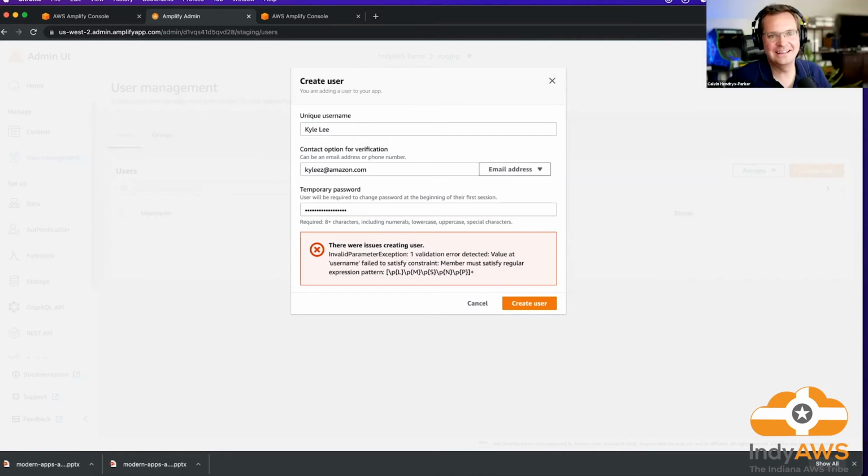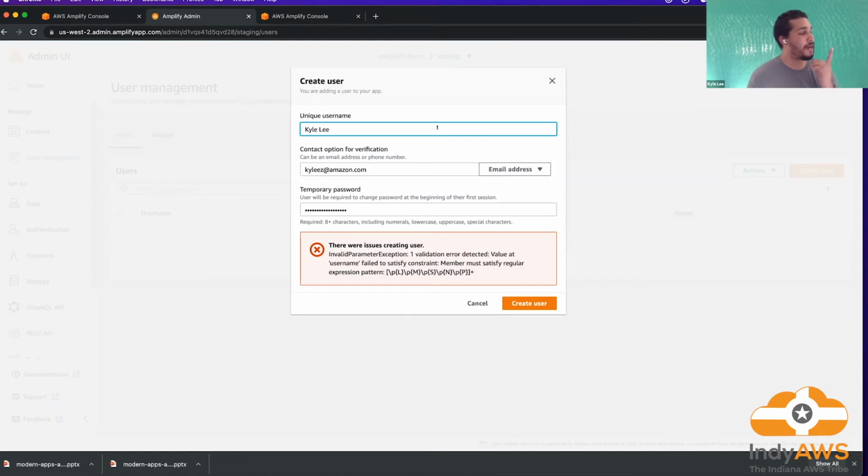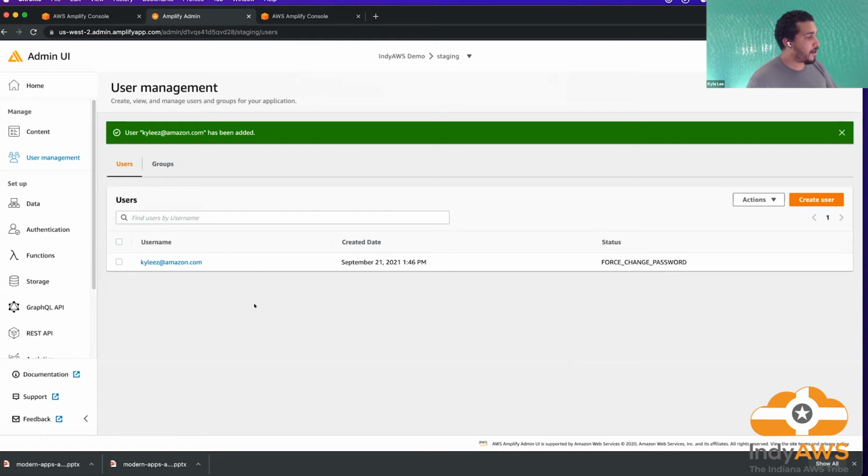All right. Oh man, you gotta be super secure here. Oh, you know what it is? It's my username. The username is going to be the actual unique username, and you can't have spaces in it. So I'll just do my name like this, and that should do it. So it wasn't actually my password; it was my username. If you wanted to include spaces in your app, you'd probably do something like percentage encoding, like a percentage 20 or something like that.